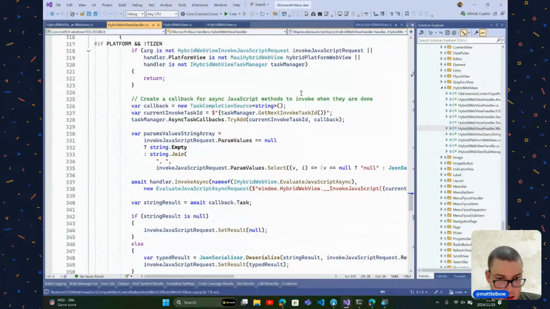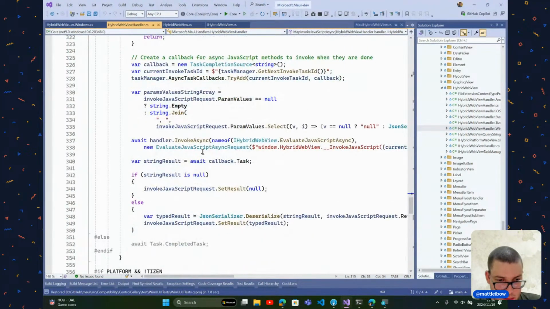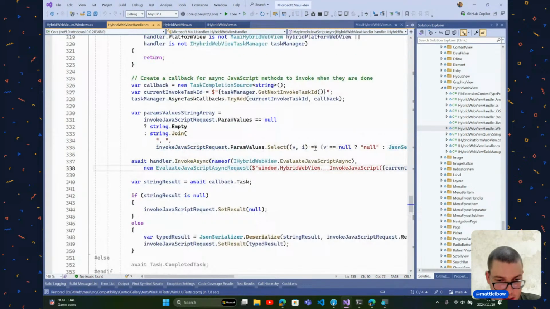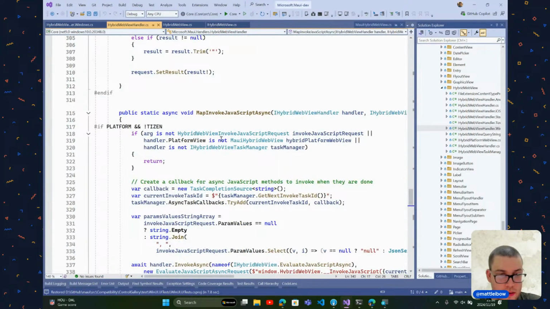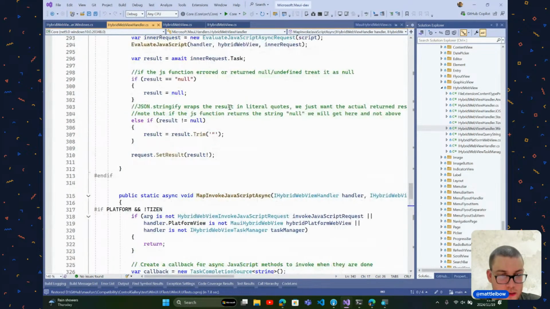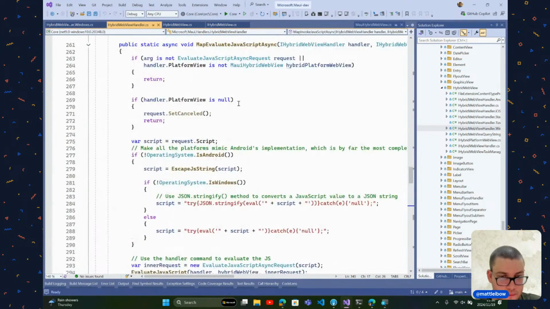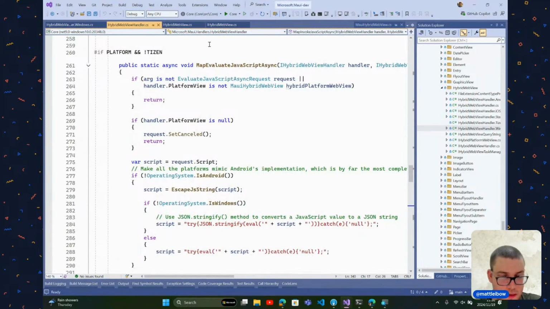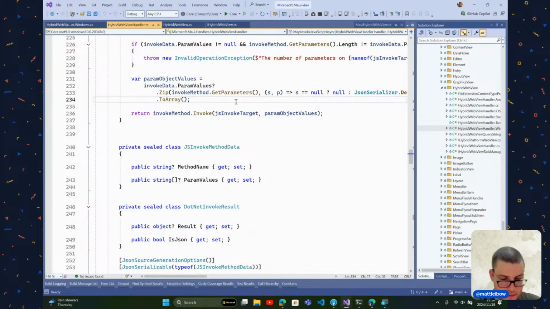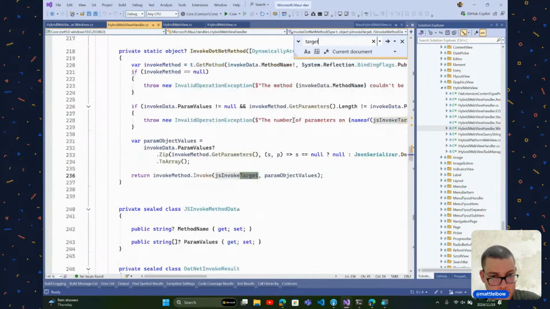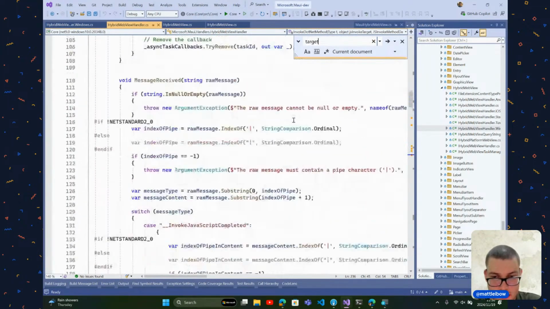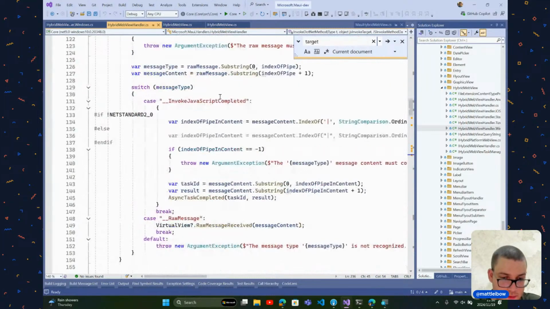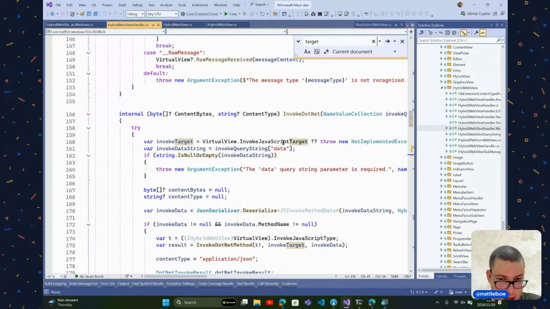And we're scrolling down over here, parameter values, invoke async hybrid, invoke JavaScript current method name, and then we await the string result, which is not quite what did I want to do? It was the other way around, not the invoke, when the target, yeah, my bad. Here we go, this one. Invoke .NET method, yeah, on the on message received. Then when someone has said, okay, invoke .NET,